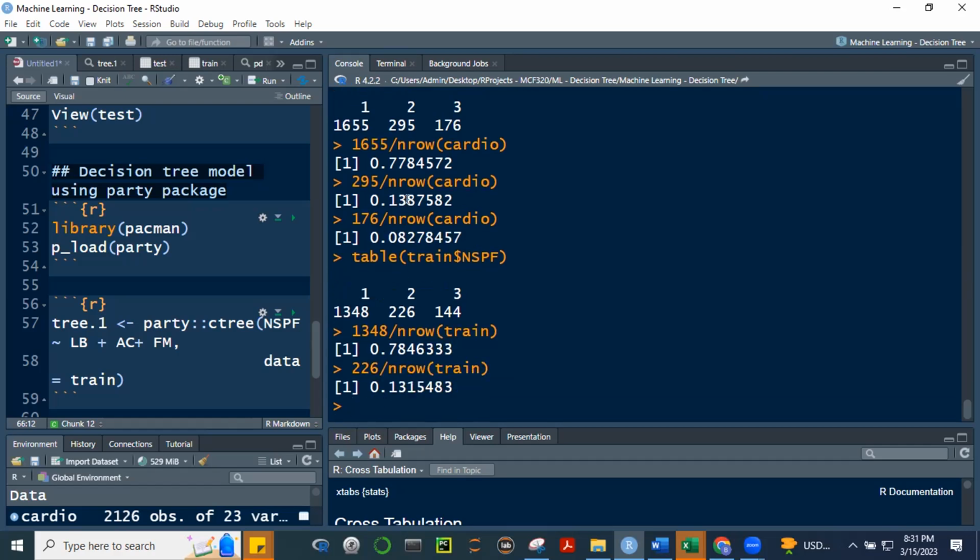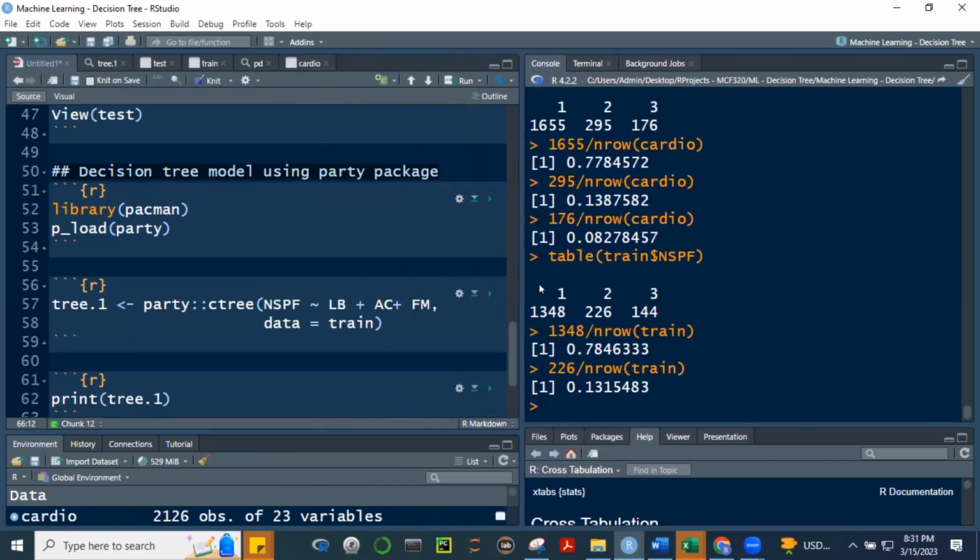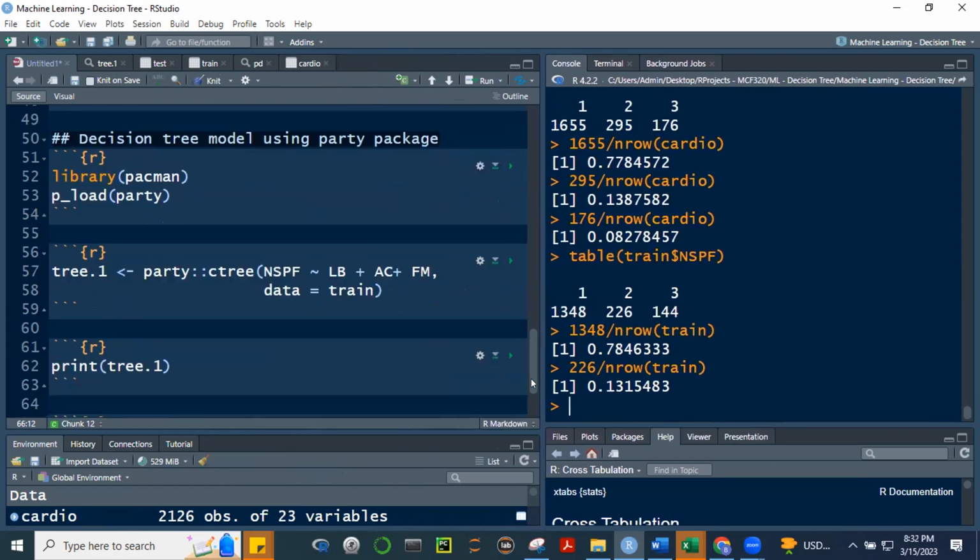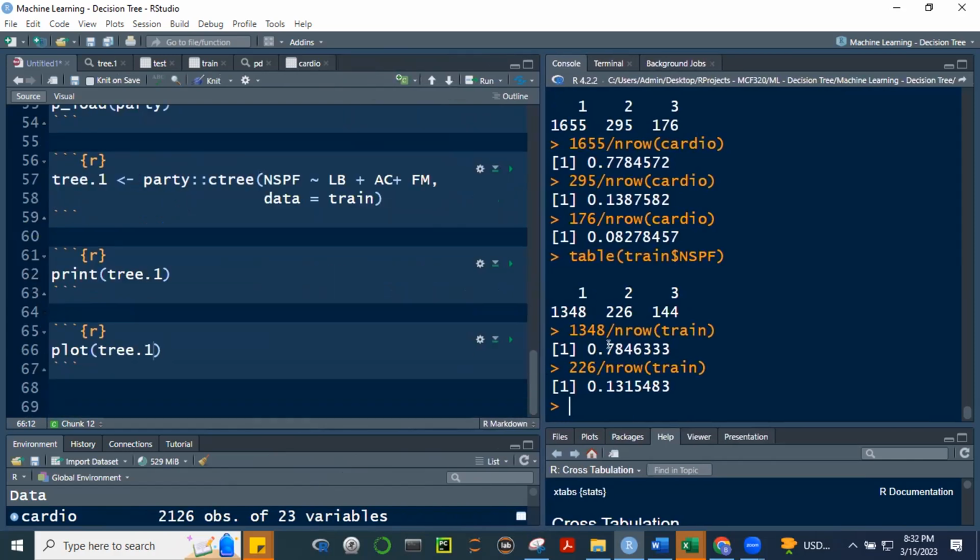Okay, 13% and practically the same. So maganda yung pagka-split niya. So na-maintain pa rin, more or less, yung proportion ng normal, okay, ng suspect at saka ng pathologic. All right, then may mga iba pang functions ng pag-plot, no? Okay, we can use the plot. Okay, plot train that one.